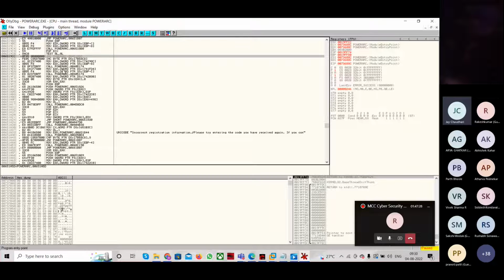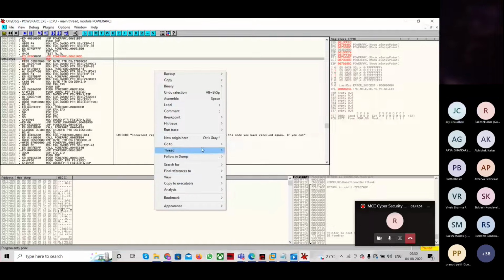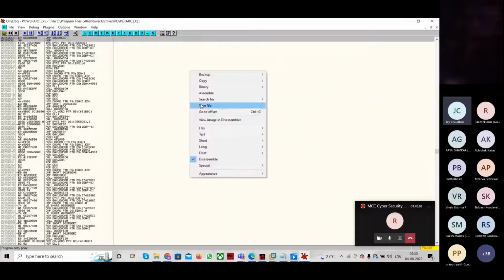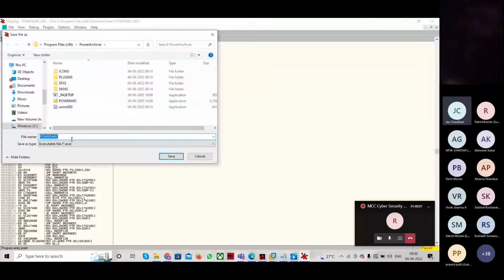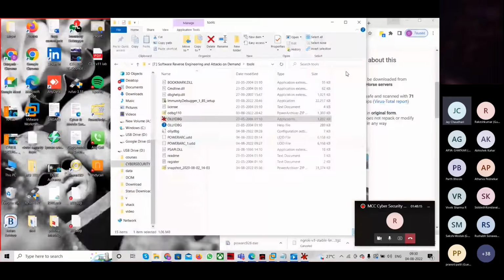सो मैं इसको चेंज कर रहा हूँ, इफ इट इज कमिंग जीरो और नॉट, यू हैव टू चेंज इट, वो जंप करेगा ही करेगा। तो डबल क्लिक करना है और इसको JMP कर देना है, एंड असेंबल। अगेन असेंबल के बाद इसको जस्ट आपको कट करना है। देन आपको यहाँ पे राइट क्लिक करके कॉपी टू एग्जीक्यूटेबल ऑल मॉडिफिकेशन करना है, कॉपी ऑल करना है। अगेन ये जो विंडो आएगा, यहाँ पे राइट क्लिक करके आपको इसको सेव फाइल कर देना है। ओके, ये किस नाम से सेव करना है, क्रैक वाला, क्रैक। ओके, यहाँ पे सेव करना है।